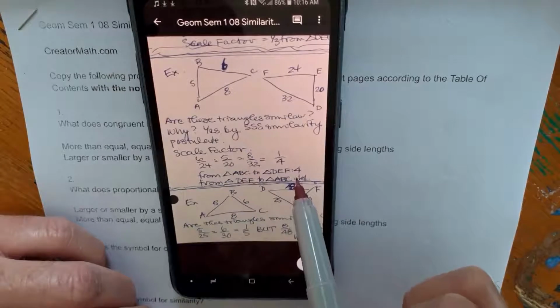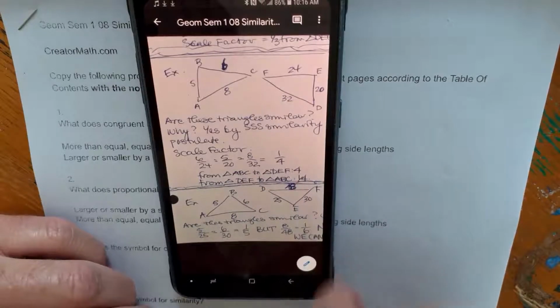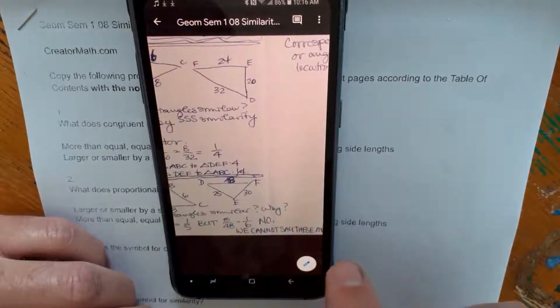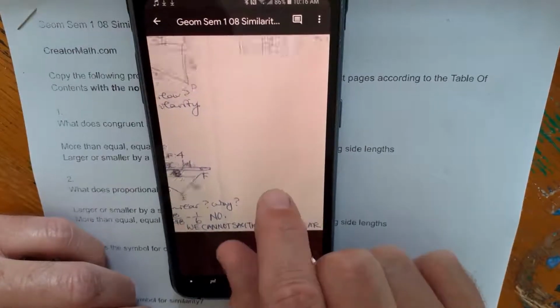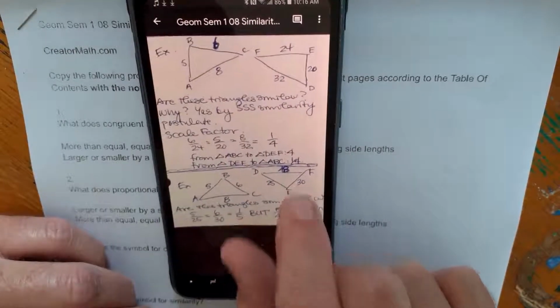Here's another one talking about the scale factor in one direction is 4 and the other direction is 1/4. Here it is again, a third one. So we cannot say that these are similar. Notice this is an example where